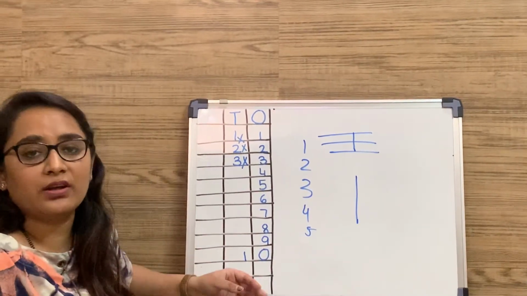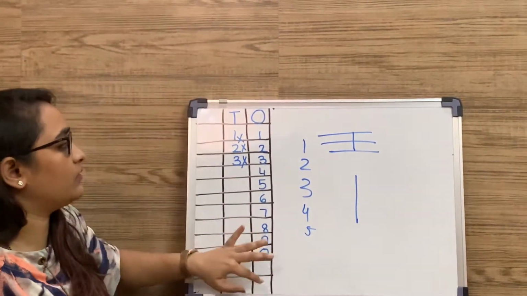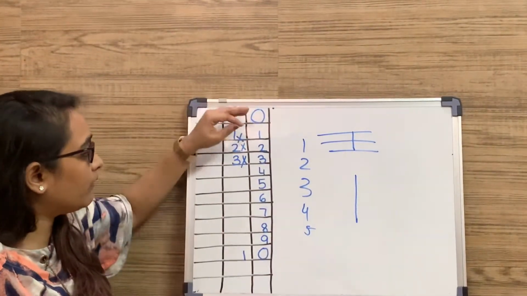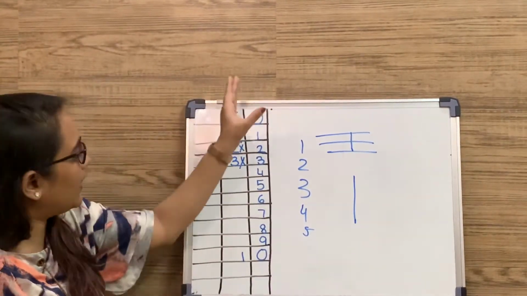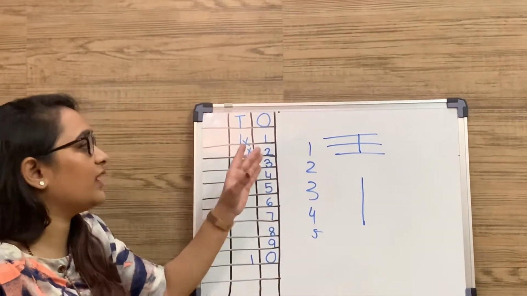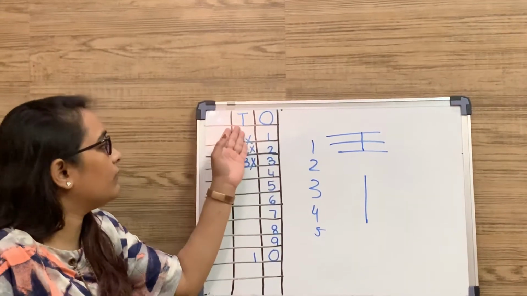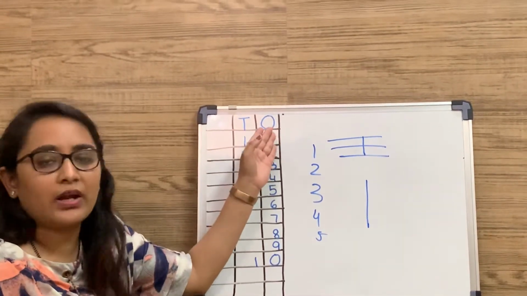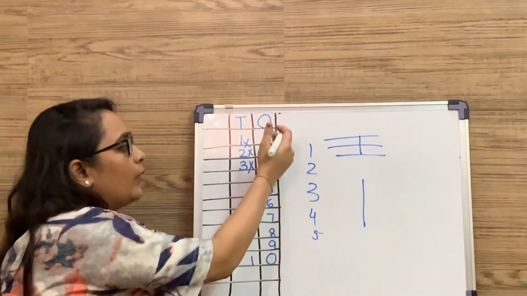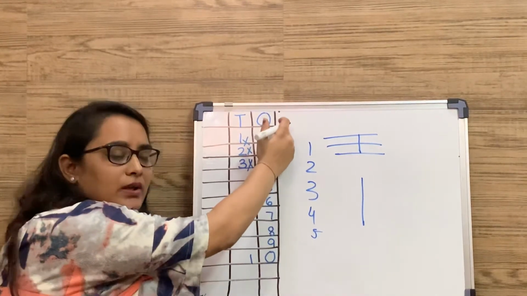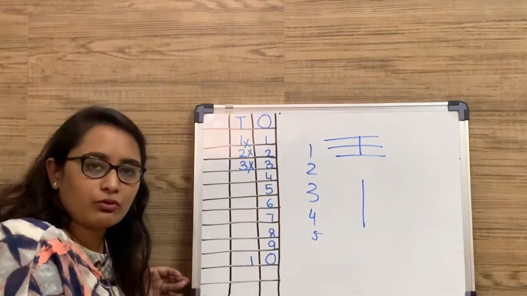When they are writing a two-digit number, we are using tens and ones: 1 ten and 0 ones. So whenever we are writing a single digit number, tell them we are writing in the ones column, in the ones box. Don't explain the concept by saying tens place or ones place. Just say write, and always write T and O. Always make them write 1 2 3 4 in the ones place only. Don't tell them to write in the tens place, so that it won't confuse them.